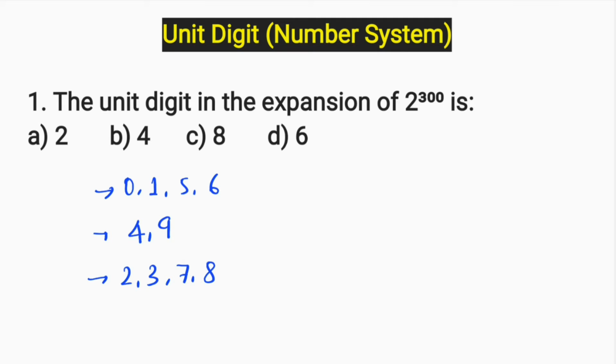Now what you have to do, keep in mind, now pay attention. When you get these numbers at unit place, they will be the same no matter what power we have. So it means if we have 76 raised to the power 400, the answer will still be 6, because its unit place is 6. So no matter what power we have, the answer will always be 6. So I hope you have understood this.